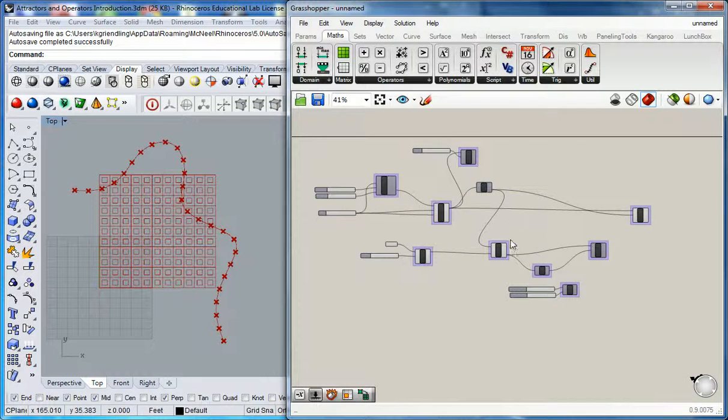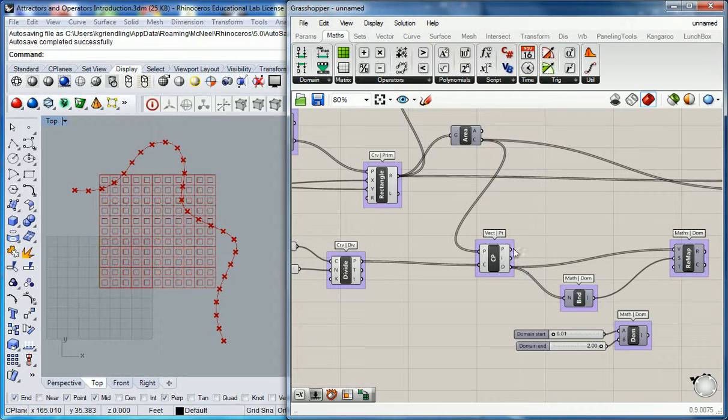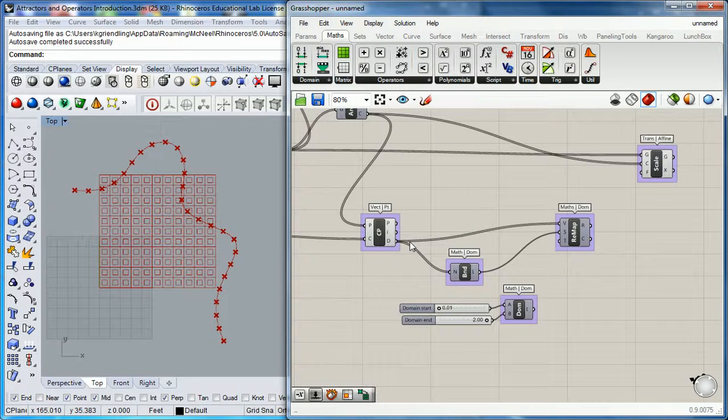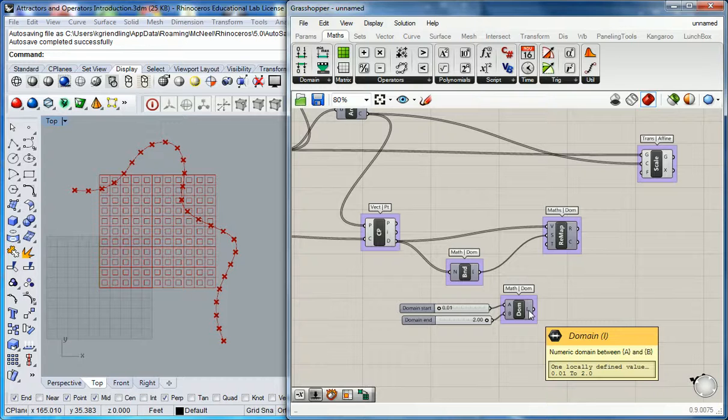So again, looking back, this is where we are. The connection point right now is still the closest point, and we're working off of the distance of those closest points. And we're going to start plugging this back up into the scale factor. Okay, so our domain here, if you look at the output now, it says 0.01 to 2. So when we plug that in,